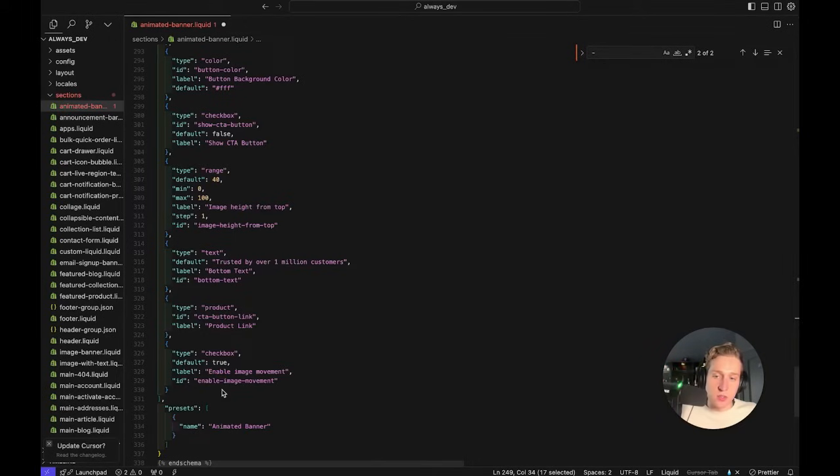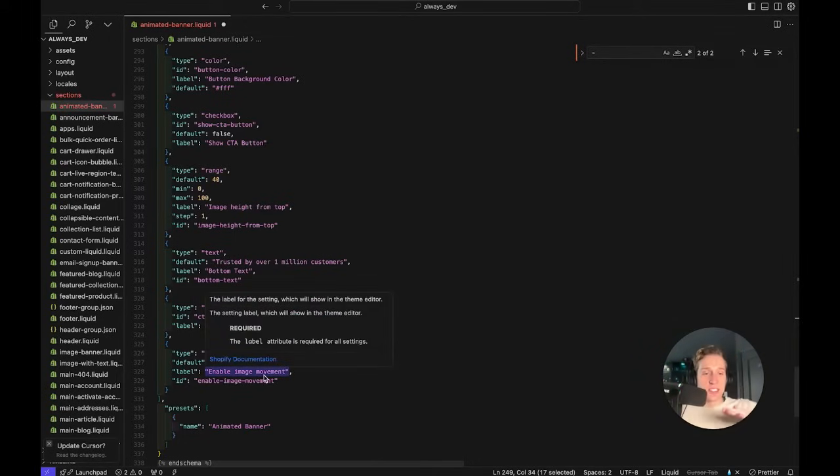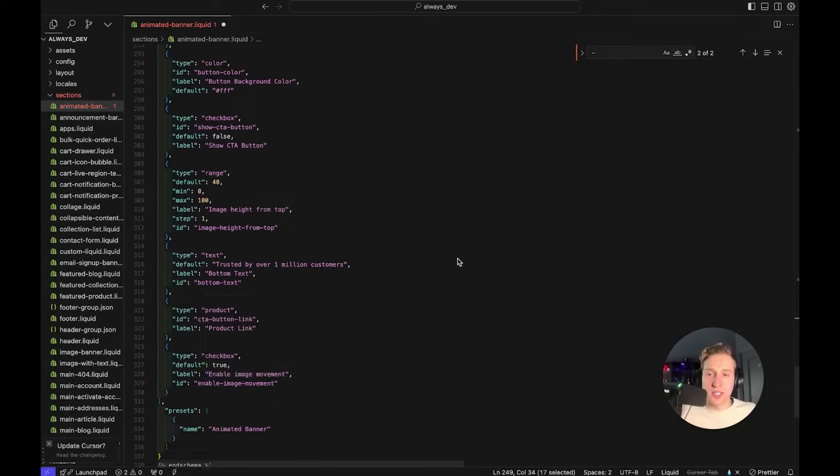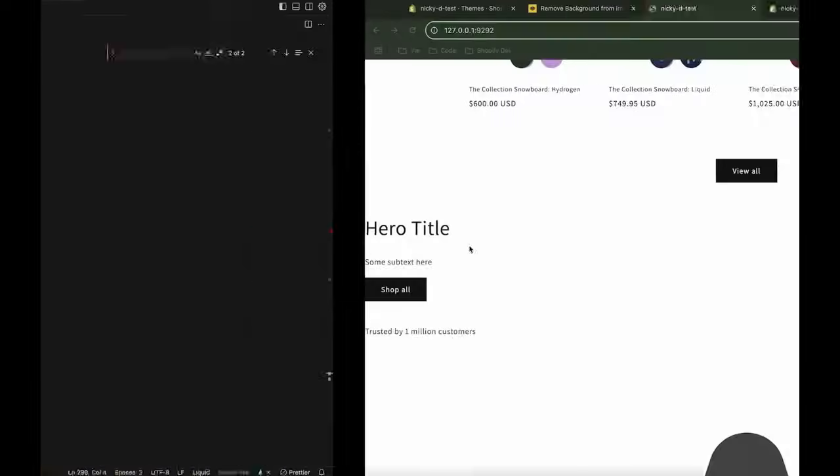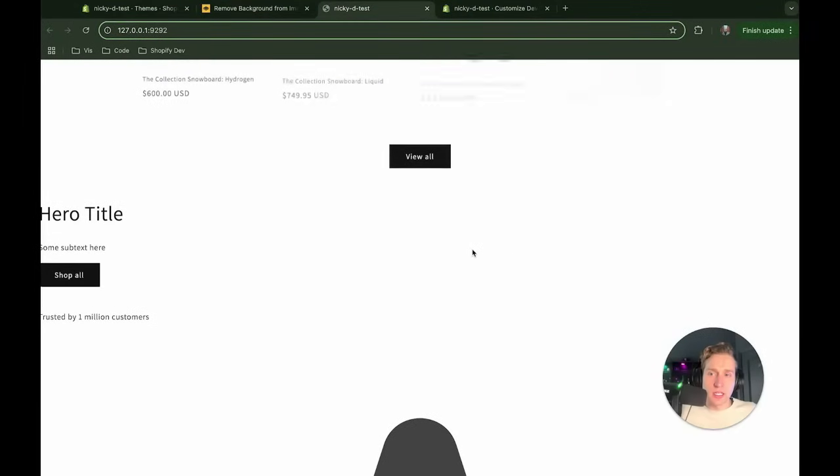One, to enable the image movement, because I've added this little style that makes it rotate, which I think looks kind of cool. We also have a checkbox to show or hide the button. And I'll show you why. So if I save this, if I come back here,